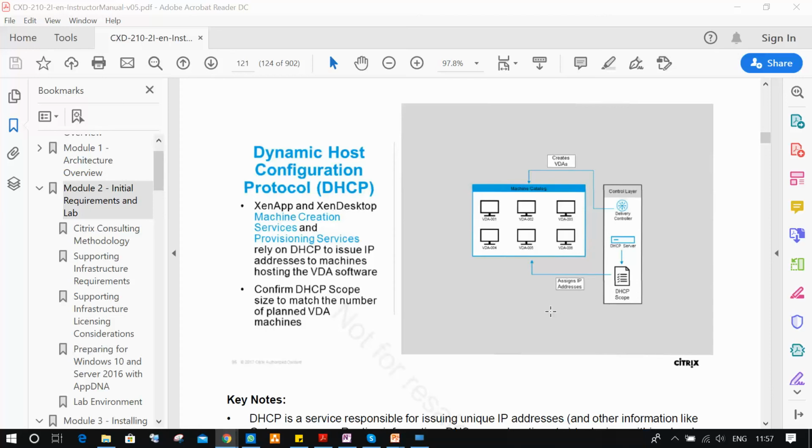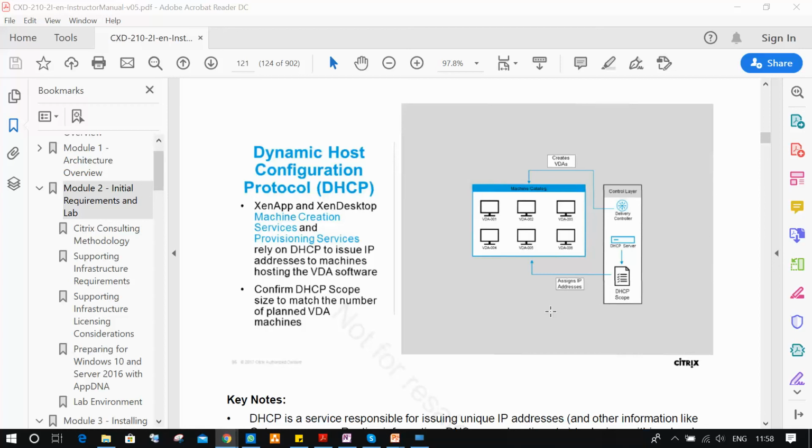In that scope, we give the starting and ending IP address. So whoever comes into the network will ask the DHCP server, and DHCP will provide an IP address to you. That means you don't have to go to each and every machine and enter the IP address manually. Not required. It's automatically releasing and dispatching IP addresses to the client machines.